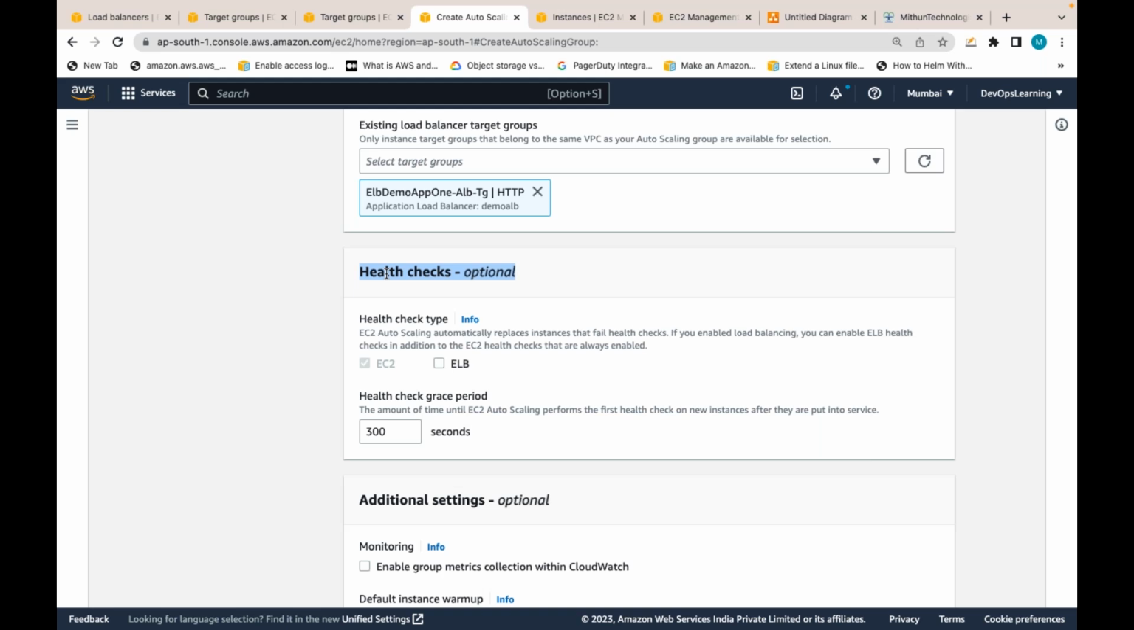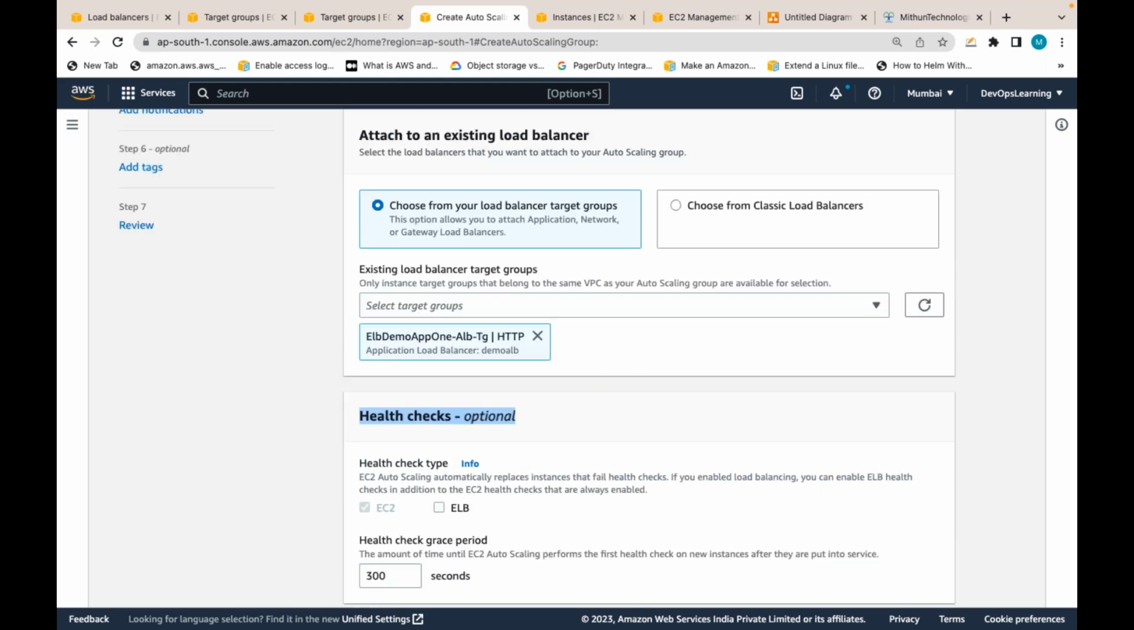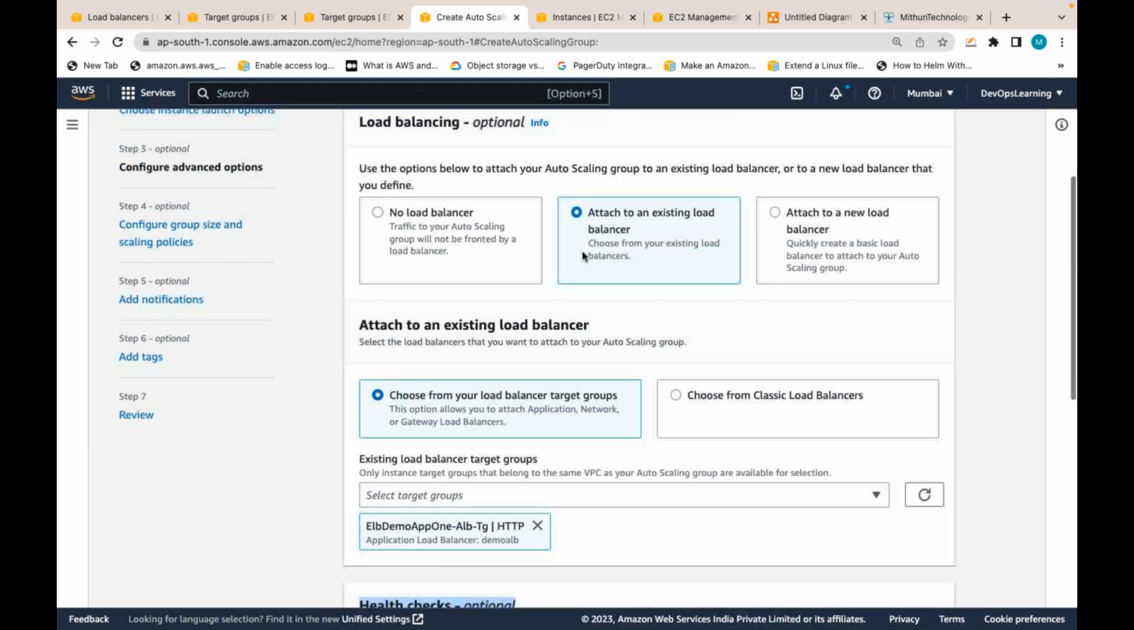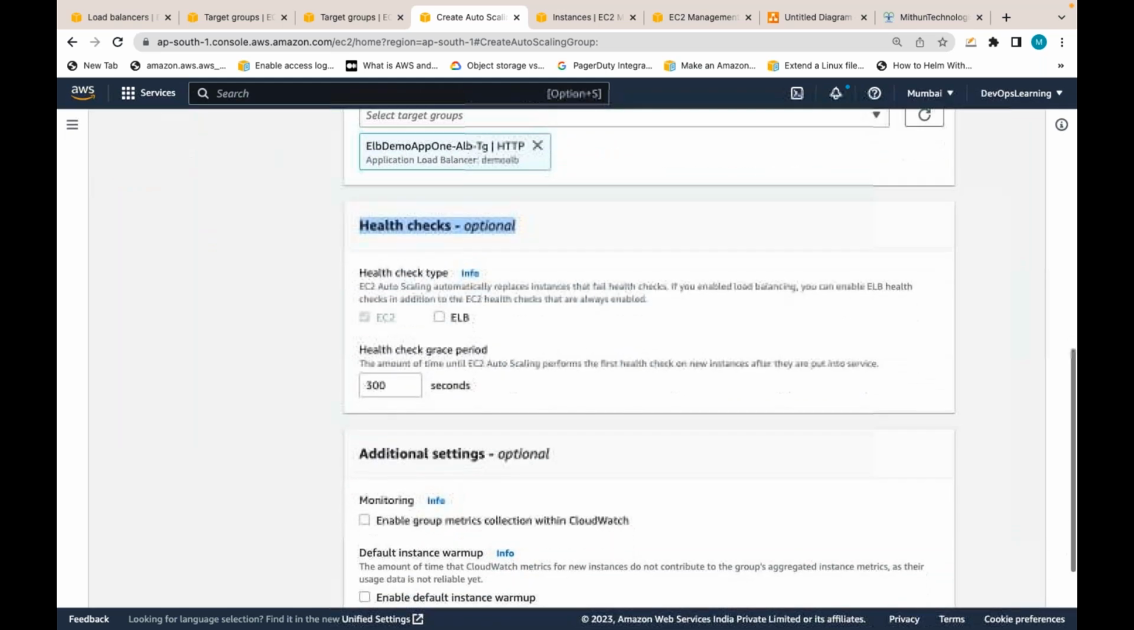Does auto scaling consider an EC2 instance as unhealthy if the instance is running but the application is not running? No. Since we are already integrating with the load balancer, it is performing the health checks. So if I select this ELB